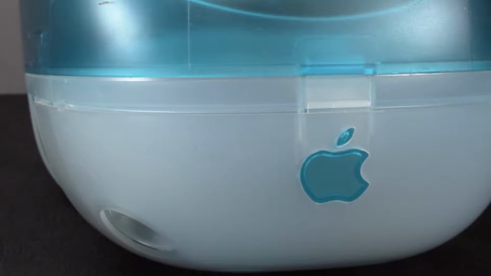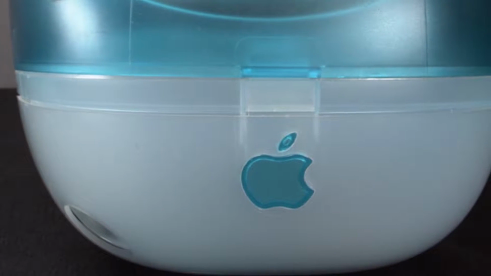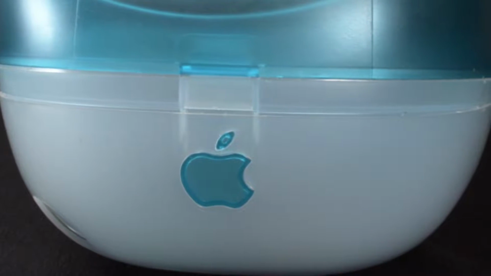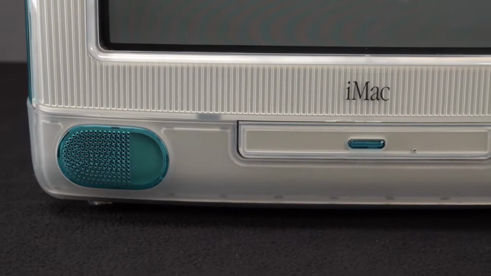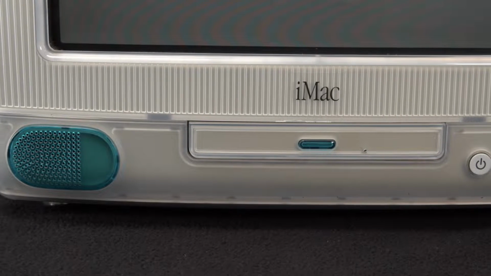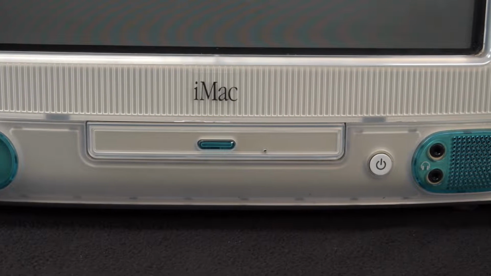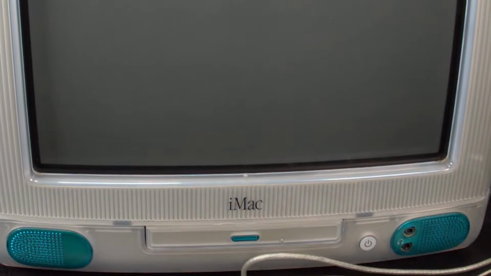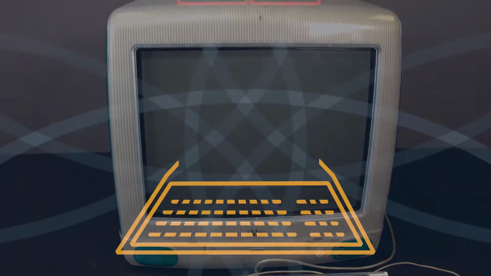The name of a device beginning with a lowercase i is generally assumed to be an Apple product. This concept was pioneered by Ken Segal, who worked for the advertising company handling Apple's accounts when the computer was being created. Segal said i stands for Internet. Steve Jobs wanted this system to be called the MacMan, but his decision to go with Ken Segal's idea led to it being named the iMac. The i became an iconic naming idea for Apple, and the iMac became an iconic computer system.